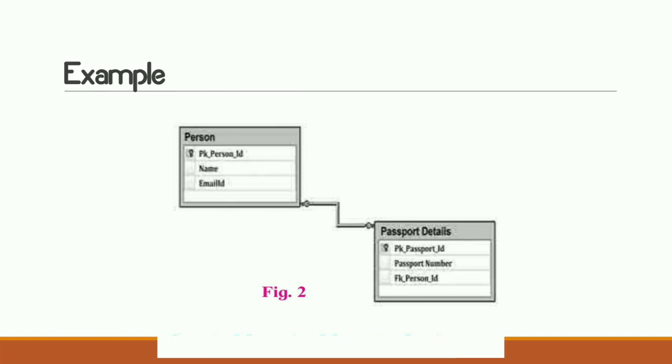Here is another example. You have two tables, one is person and the second is passport ID. You know that each and every person has a different passport ID. Passport IDs are never the same for two people. Person 1 will have one ID, person 2 will have another ID. Everyone has a unique ID. So this is also a one to one relationship.